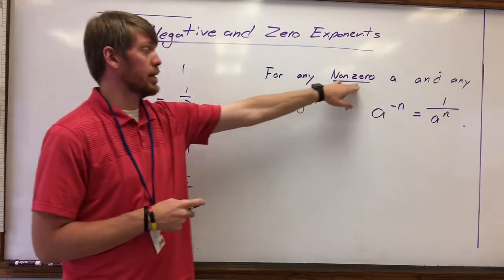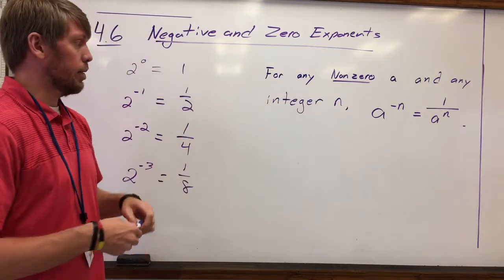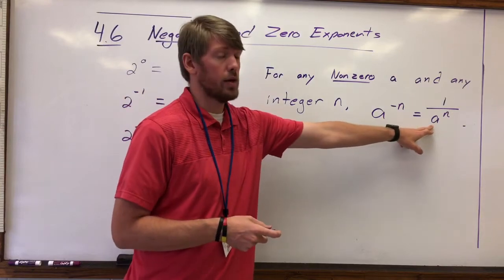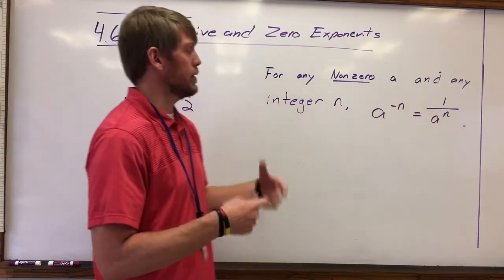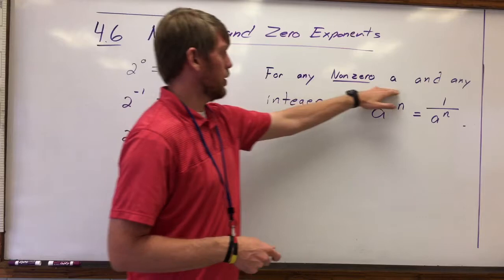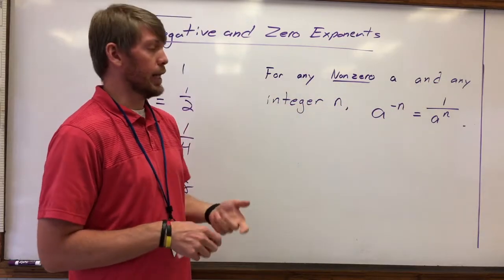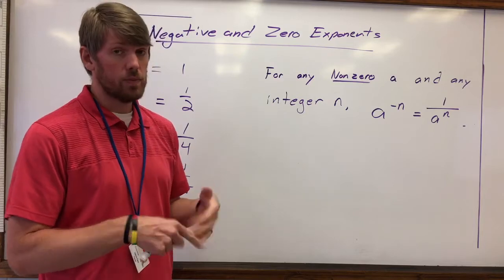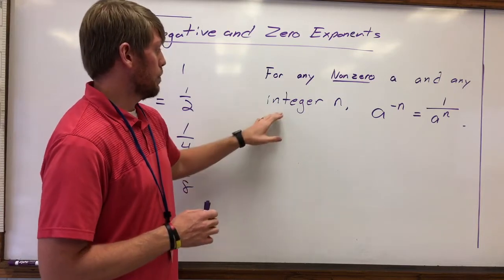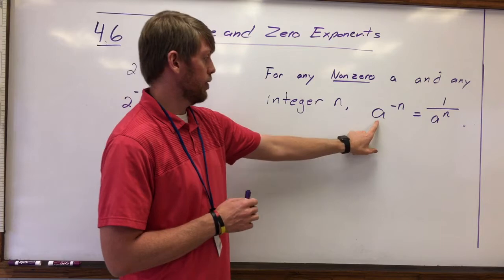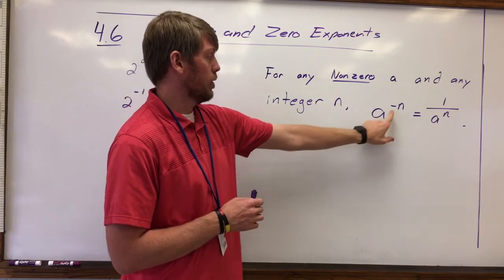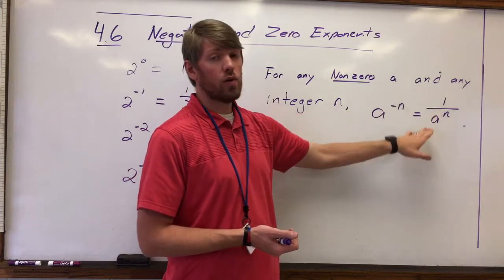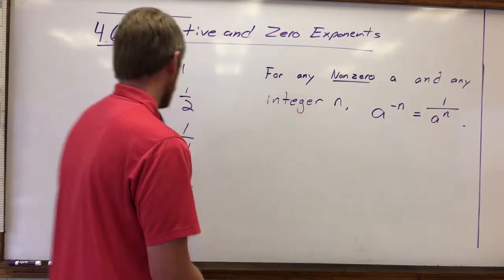It says for any non-zero a, remember once again, a has to be non-zero because you're going to see it in the denominator again, and we know that you can't divide by zero. So for any non-zero a and any integer n, so n needs to be positive, negative, or zero. So it's just an integer. When we have a, non-zero a, raised to the negative n power, we can write that as 1 over a to the n power,